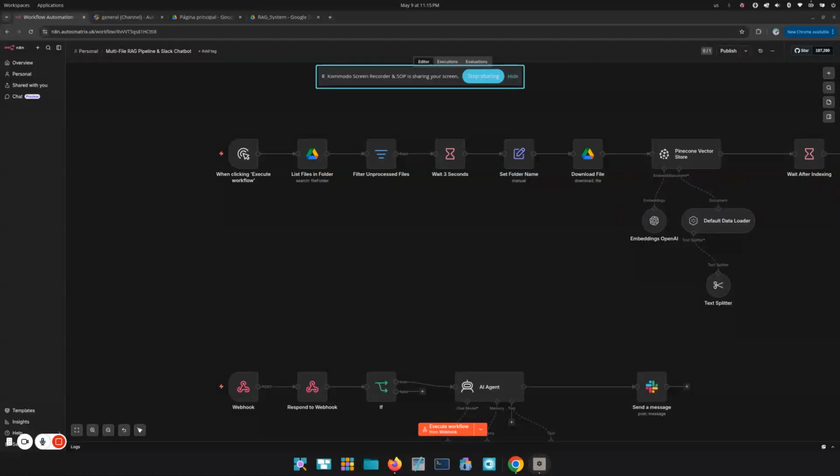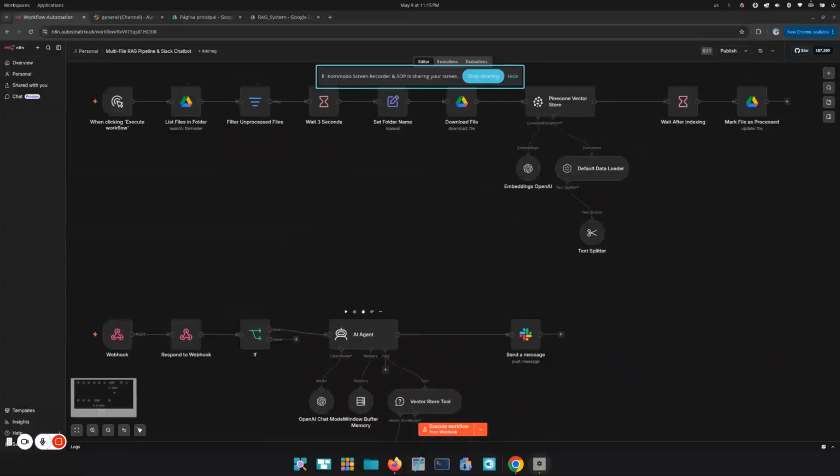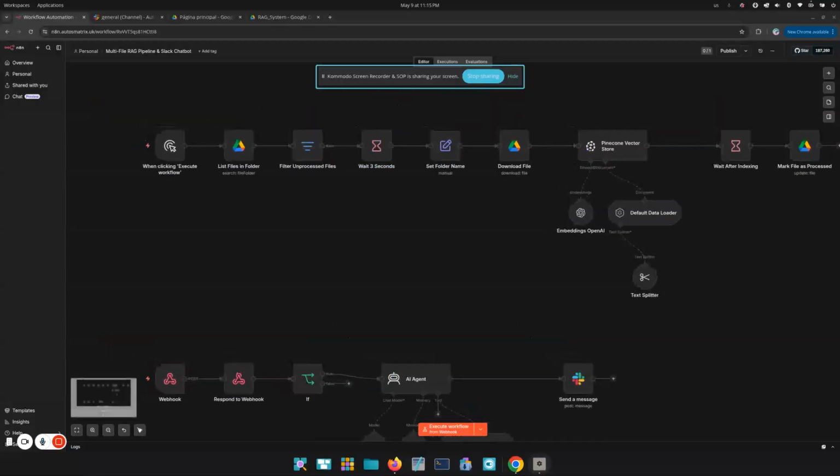This company had a knowledge-based problem. They had product documentation and onboarding guides and pricing sheets and internal SOPs spread across Google Drive folders. But their support team was spending 20 to 30 minutes per ticket just searching through documents to answer customer questions